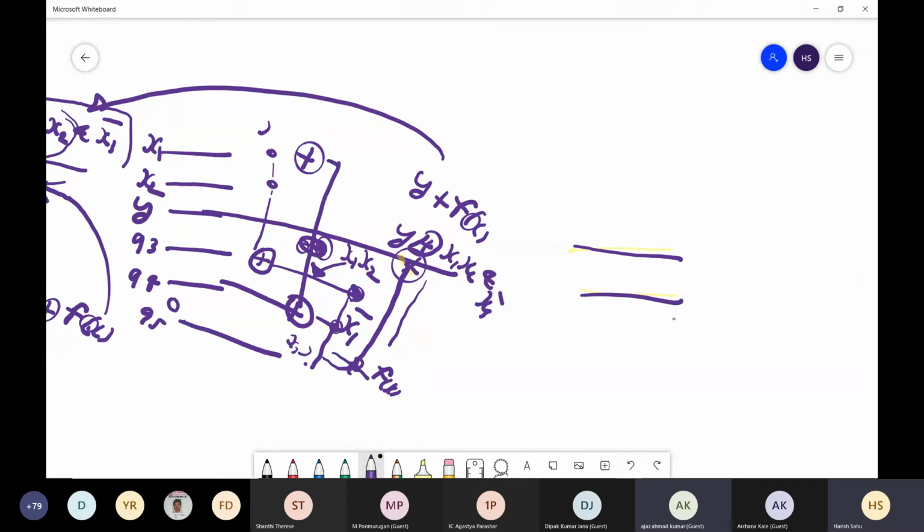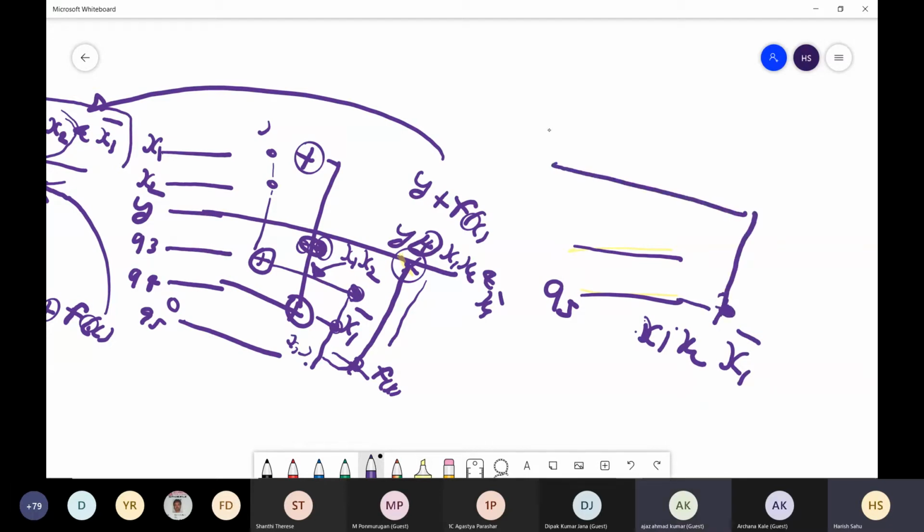So in this Q5 you are having the desired effect, that is x1, x2 and x1 bar. You make it a control qubit and Y a target. If you apply this here, then you will have Y XOR with fx. Perfect, so we are done.